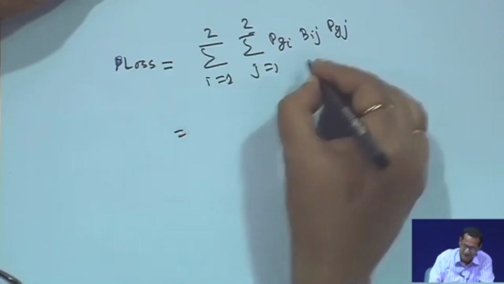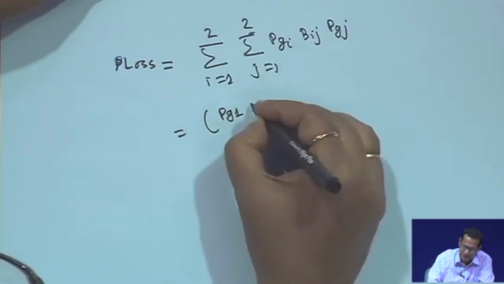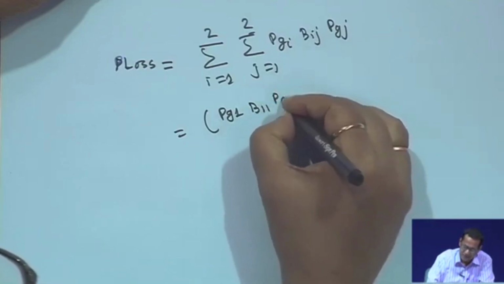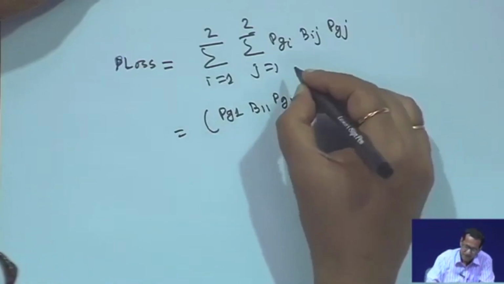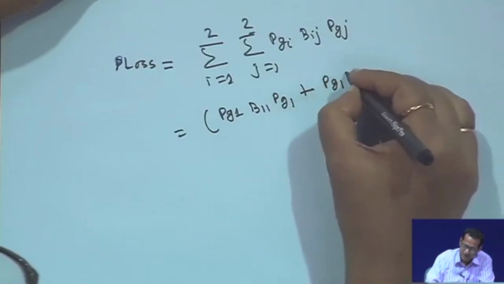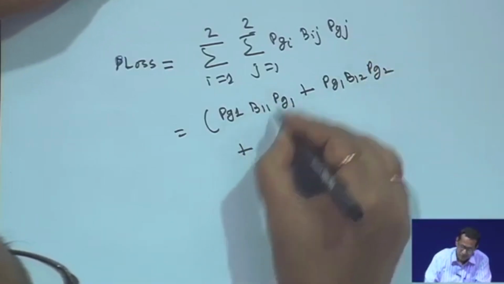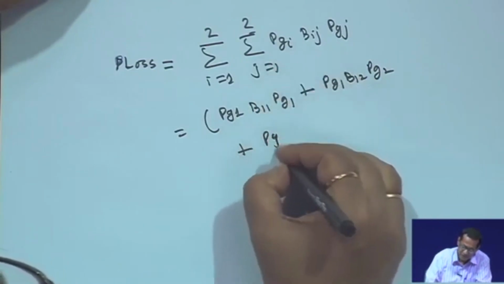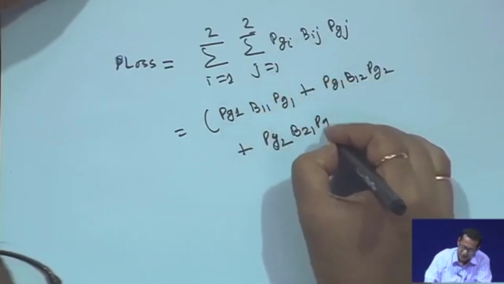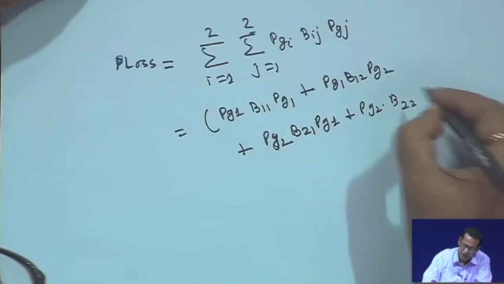That is Pg1, then j varying from 1 to 2, that is B11, then Pg1, plus when i is equal to 1, Pg1, then B12, then Pg2, plus when i is equal to 2, j varying from 1 to 2, that means Pg2, then B21, then Pg1,